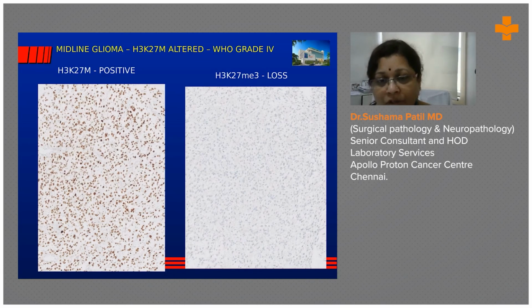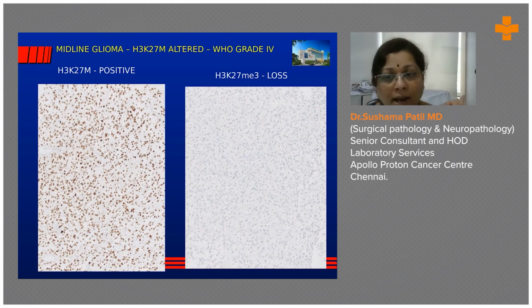Only then can you call it an H3K27 altered midline glioma, WHO grade 4. This is one of the tumors where the molecular findings decide the grade and not endovascular proliferation or necrosis. This tumor is our own case from here. We did not have any areas of necrosis or endovascular proliferation, but we did see mitotic figures, and we had called it anaplastic grade, but we had already warned that it may turn out to be a midline glioma, and lo and behold, it came out as a